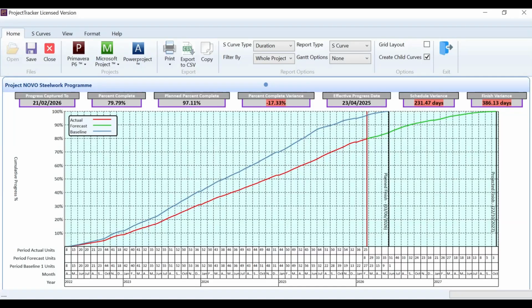The first S-curve that we see is based purely on duration. So this means that realistically in ProjectTracker you don't need to use costs or resources in your favourite project management software to create an S-curve. Of course we can produce curves based on resource or cost, and we'll look at these later, but by default